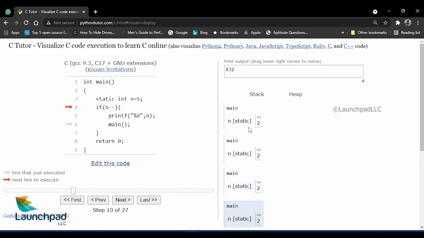But in the case of a non-static variable, every single n value, that is int n, will be considered a new declaration, because of which n will be 5 always. It will not become 3, 2, 1 consecutively. It will be 5 always. And that is the reason why, with n minus minus, we kept printing the same n value over and over again if the static keyword is not present.